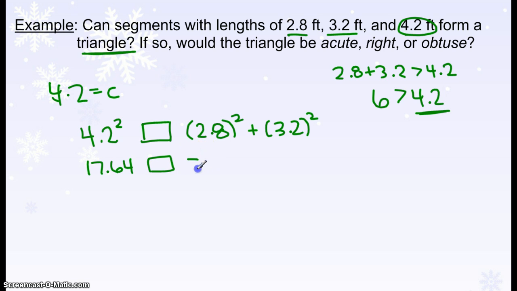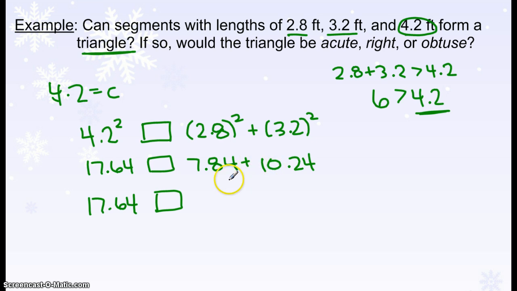2.8 squared? 7.84. Plus 3.2 squared? 10.24. All right, then I'm just going to do some quick simplification here. 17.64, and again, I'm seeing how that compares to 7.84 plus 10.24, which gives me 18.08. So 17.64 is definitely less than